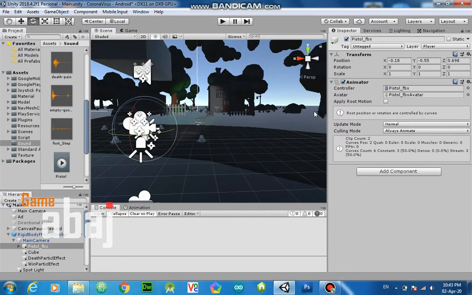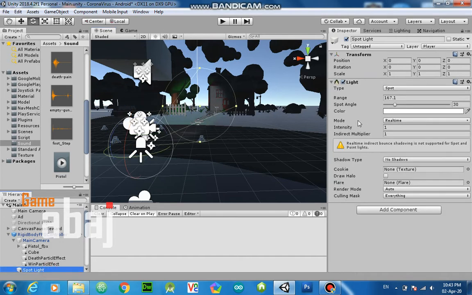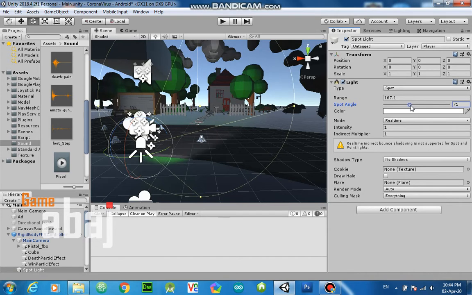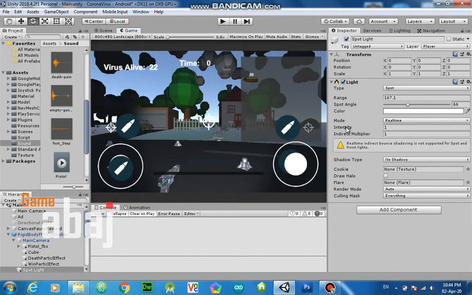So this range I increased, but one other thing I need to increase is the spot angle. This increases the angle. Okay, this is the angle I want. So this is how it looks in my game. Then another thing is intensity.